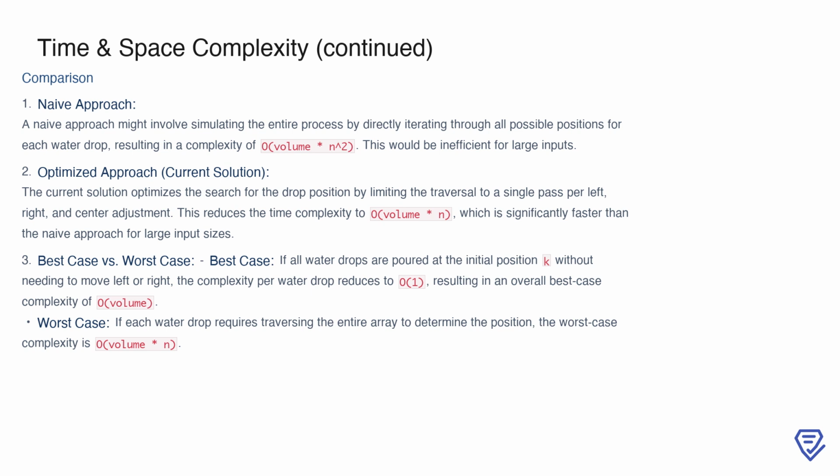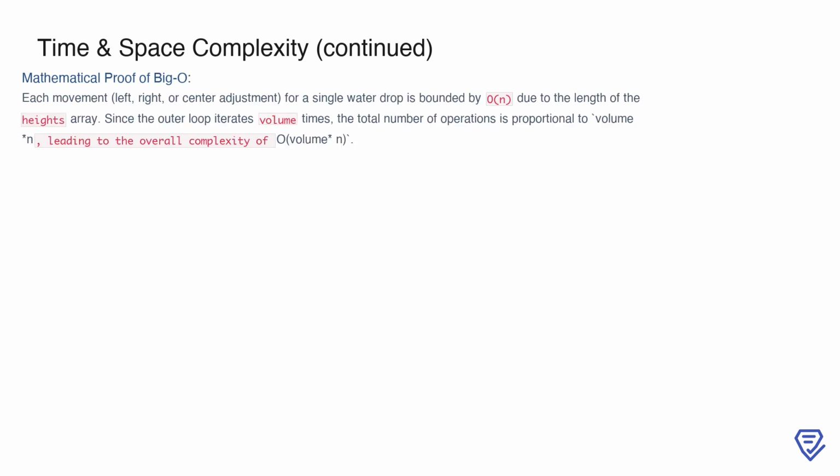However, in the worst case, where each water drop requires traversing the entire array to determine its position, the complexity remains O(volume * n). To mathematically validate the overall time complexity, we consider the operations performed for each unit of water. Each movement, whether left, right, or center adjustment, is bounded by O(n), which corresponds to the length of the heights array. Since the outer loop iterates volume times, the total number of operations is proportional to the product of